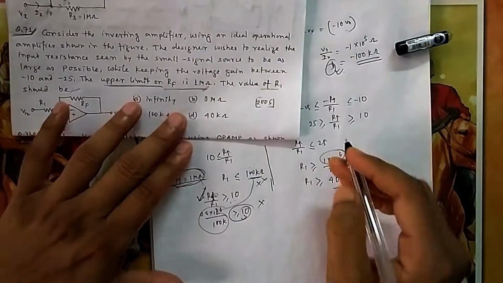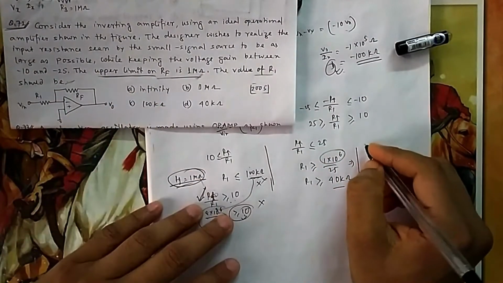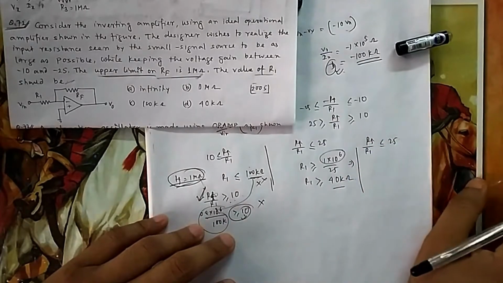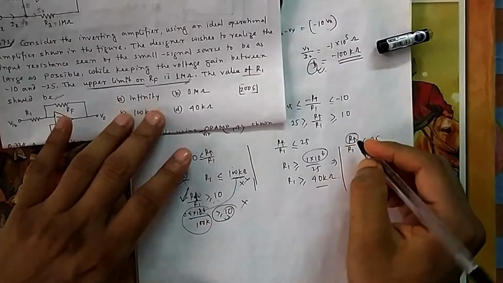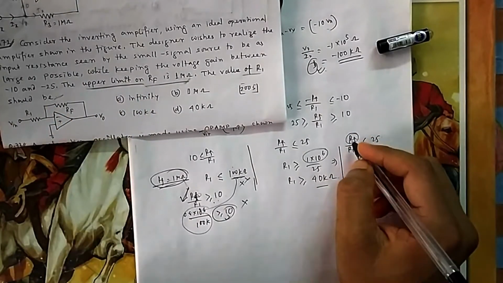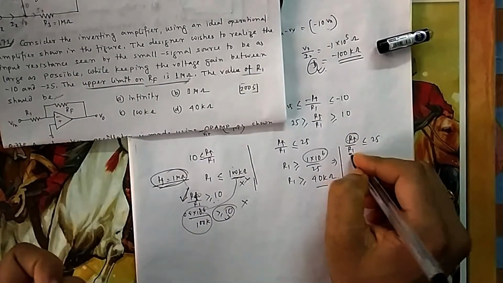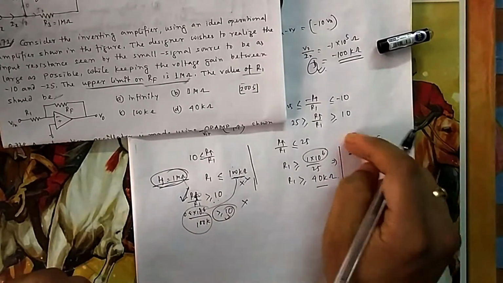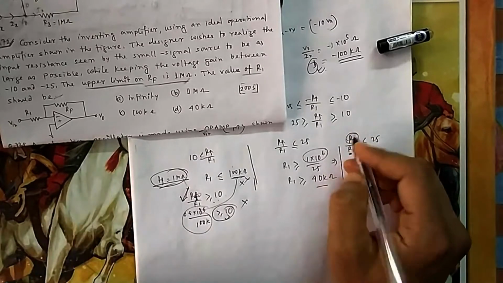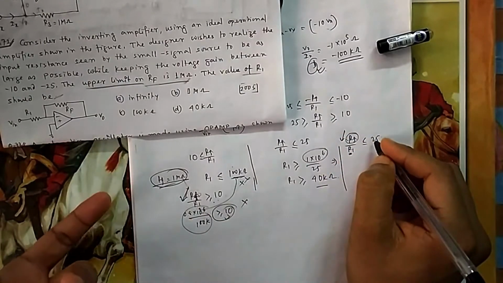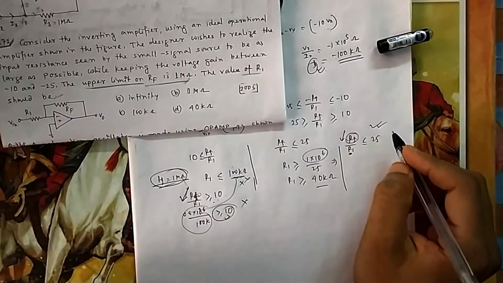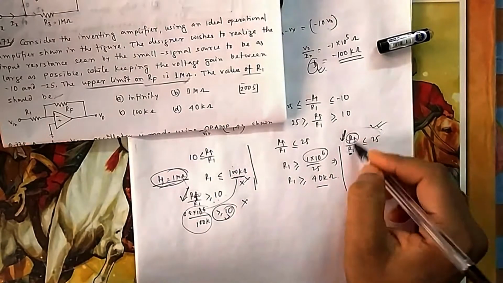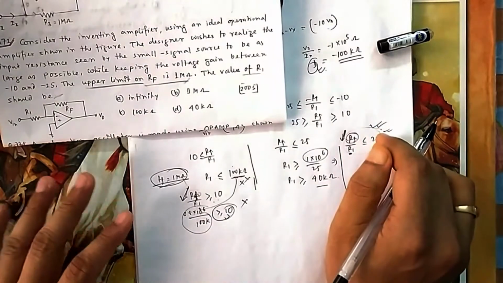Now you come to this junction. What they are saying is RF by R1 should be less than 25. Now if I put the upper limit here, suppose I put 1 mega. For 1 mega, because R1 is fixed, the ratio is 25. So if RF comes down, then it will be less than 25. It is satisfying this condition. So even if your RF comes down, this equation holds true. So there is no issue.